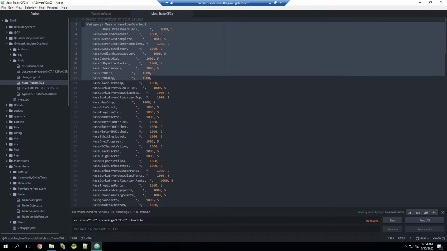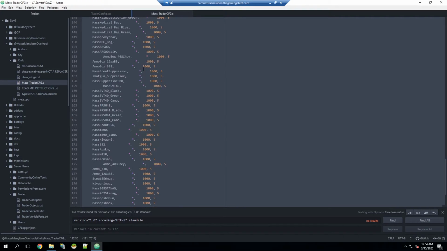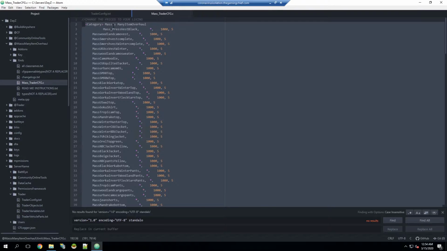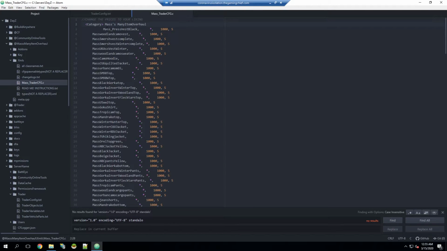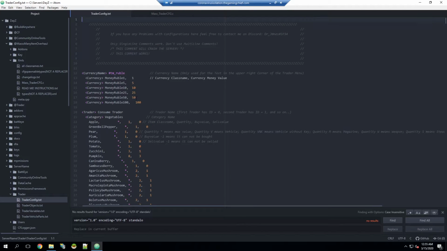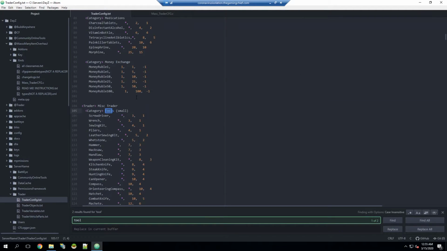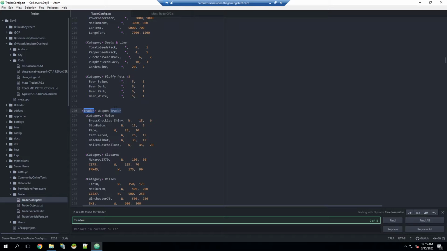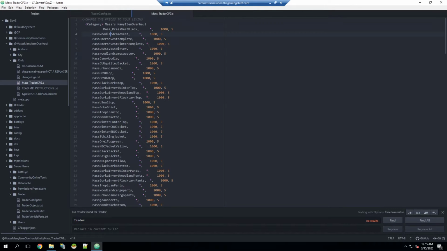And now it may be tempting just to highlight all of this, copy it, and then put it somewhere. And some people do that. Essentially what this does is it creates a category called ManyItemOverhaul, and it just has every item that is buyable from their mod available in a single category. So what some people do is, if we look for the tool person, the miscellaneous trader, they go down to the end of the trader,